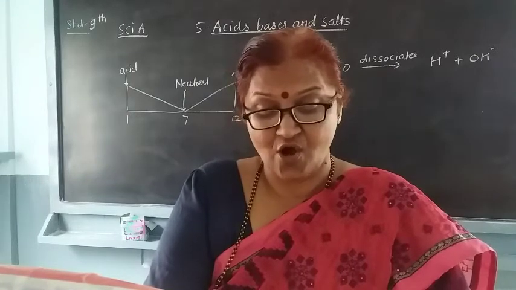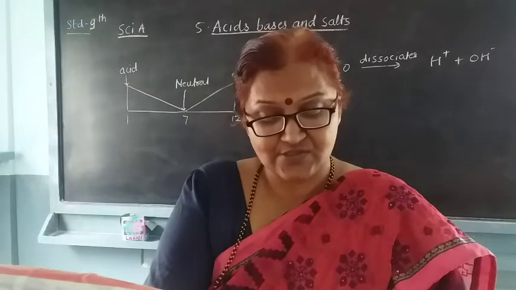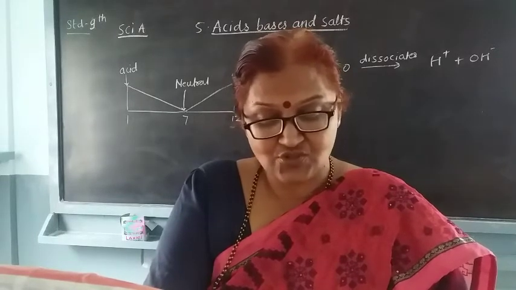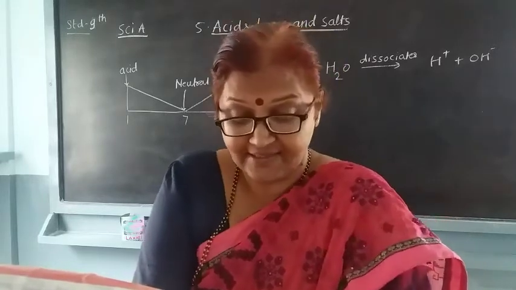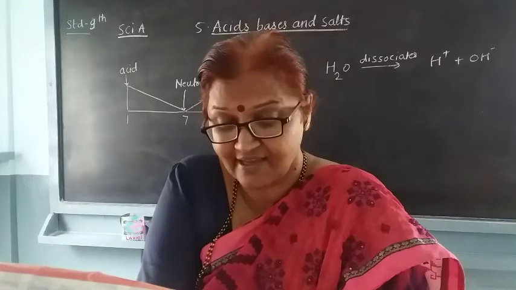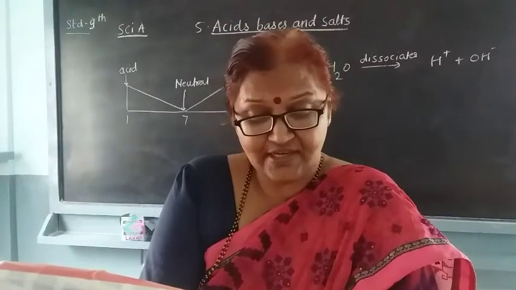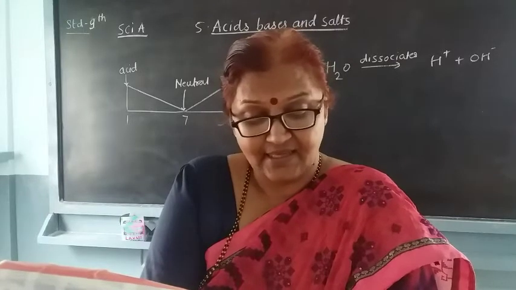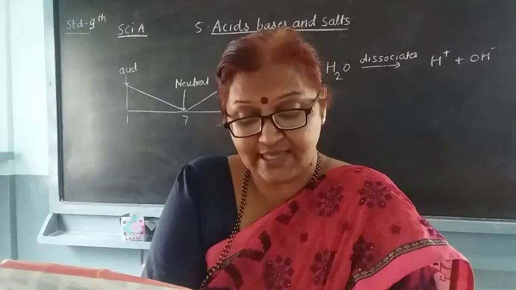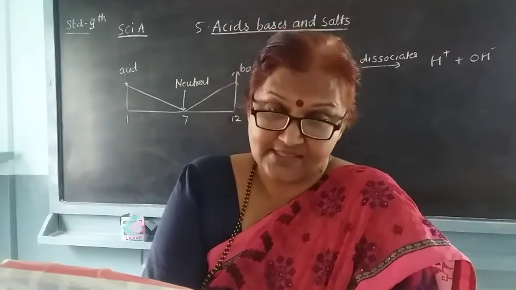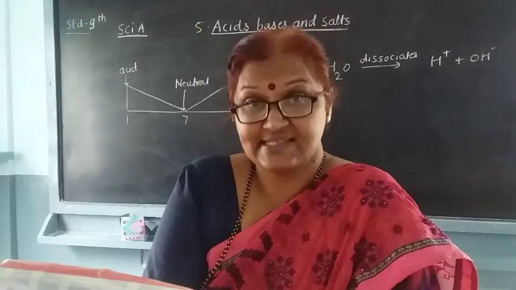Thus, we see that in common aqueous solutions, the range of H plus concentration is wide, from 10 raised to 0 to 10 raised to minus 14 mole per liter. In 1909, the Danish scientist Sorensen introduced a convenient scale of expressing H plus ion concentration, which is found to be very useful in chemical and biochemical processes.